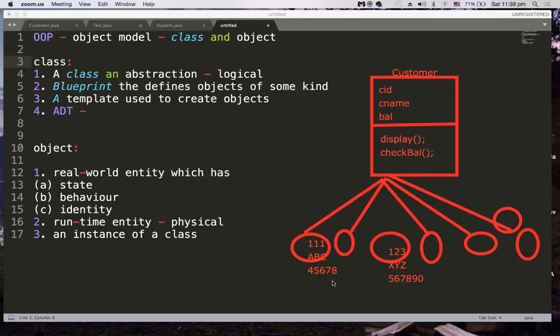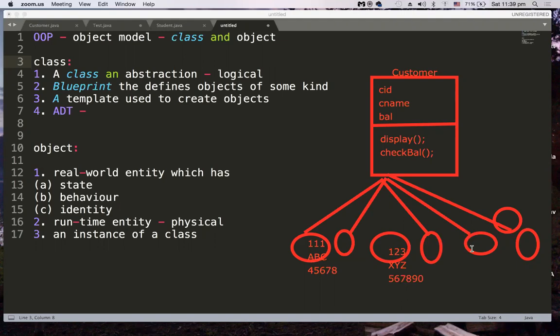So an object is a real world entity which has state, behavior, and identity, and is uniquely identifiable from other objects. That's why customer is a class, and a specific customer, like I am a customer object, you are a customer object, some X is a customer object, some Y is a customer object.